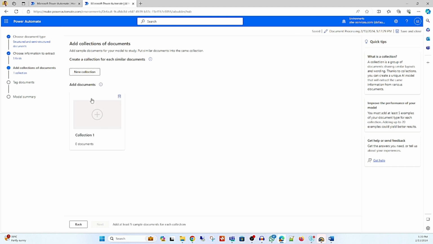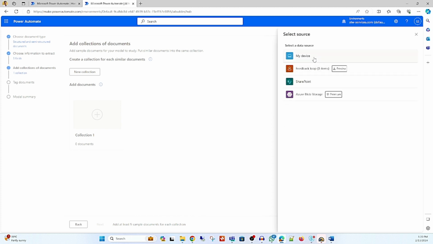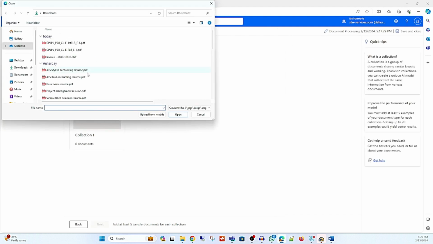Here, my friend, you need to upload the document collections. Like you can create multiple collections and train your document. Here I'm going to use collection 1, and once you click on collection 1, here you need to add documents. So I will click on add document and then my device, and I will select these